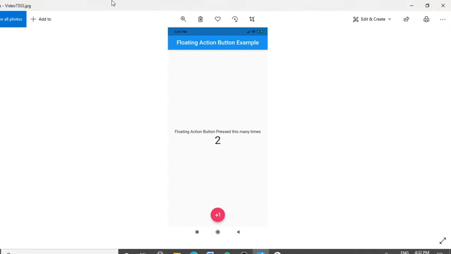Hey guys, I'm back with another Flutter widget for you, and today we are going to talk about the floating action button widget. A floating action button is a circular button that triggers the primary action in your app's UI. This page shows you how to add the FAB to your layout, customize some of its appearance, and respond to button taps.